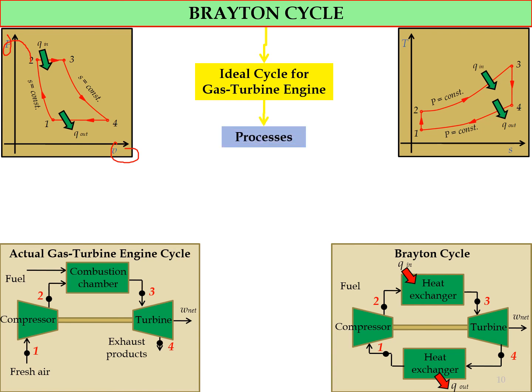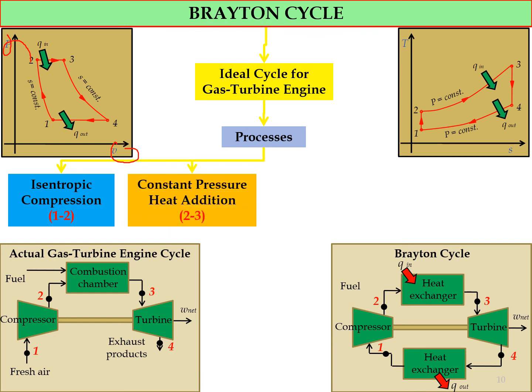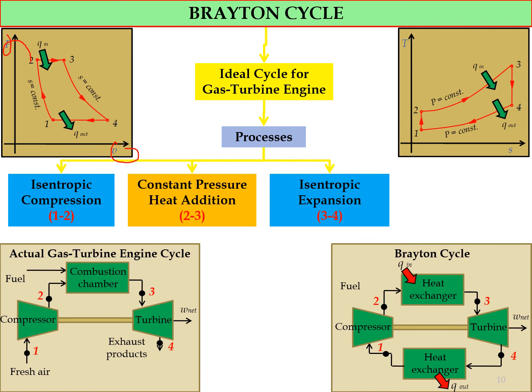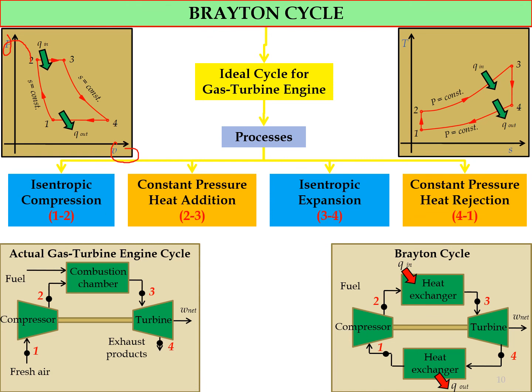And the processes in the Brayton cycle: first is the isentropic compression, process 1 to 2. And then it goes to the constant pressure heat addition, process 2 to 3. And goes to the isentropic expansion, process 3 to 4. And constant pressure heat rejection, process 4 to 1. So this is the complete process of the